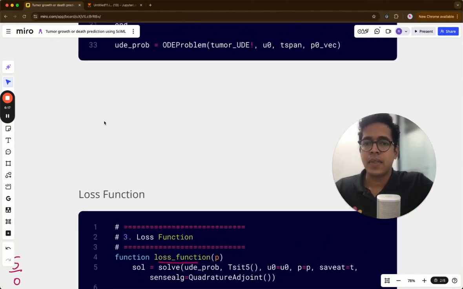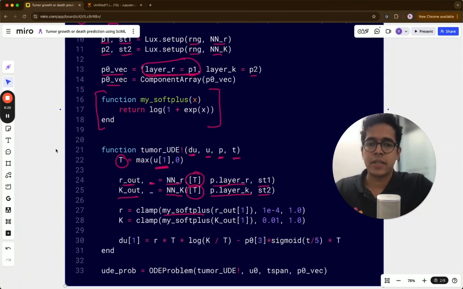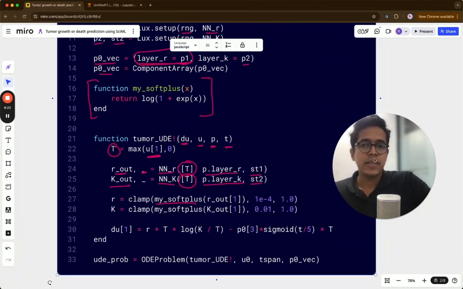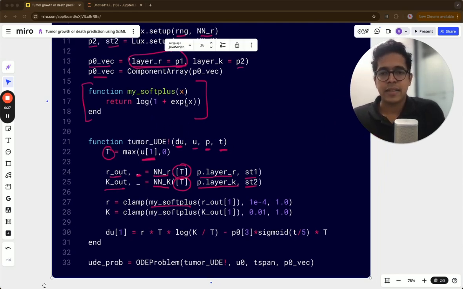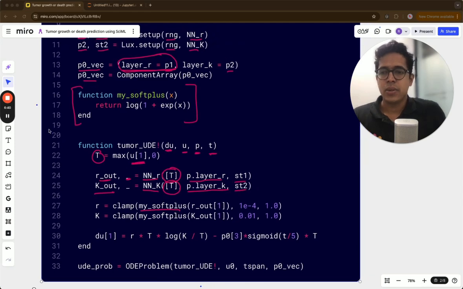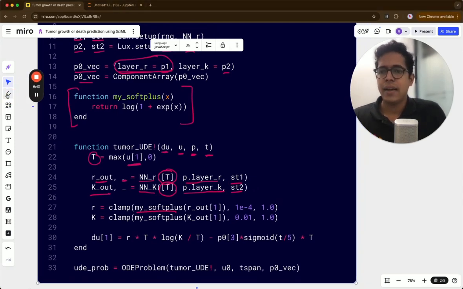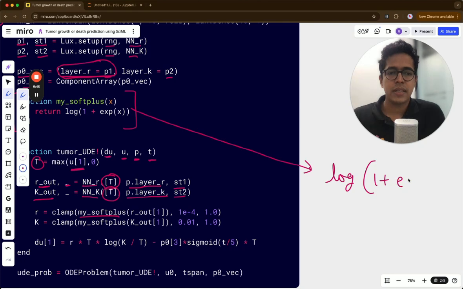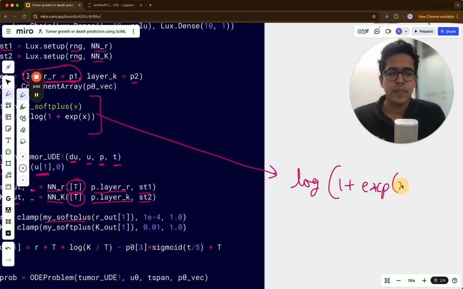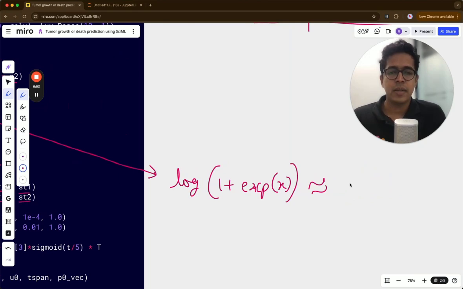That was this mySoft plus function. So this mySoft plus function ensures that you are having almost like a 1 plus exponent of x, right? And look at where this mySoft plus function is being called. It is called with the R value that is predicted and the K value that is predicted as the input. So what this ensures is, this is equivalent to ReLU. So log of 1 plus exponent of x